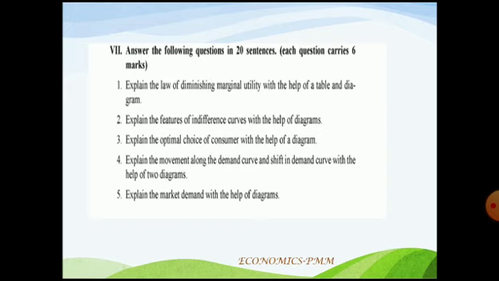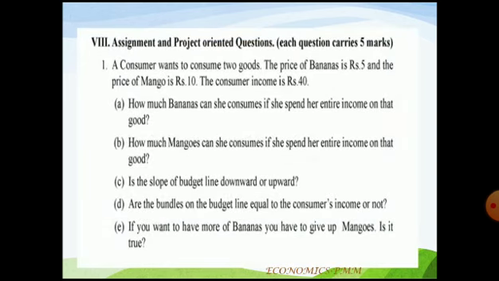Moving to the next section, which is very favorite for the students, that is part E, which is nothing but assignment and project oriented questions, which consist 5 marks. Now here, related to consumer behavior, one case is given to you, that is a consumer wants to consume 2 goods. That 2 goods may be any XYZ, or we have taken here